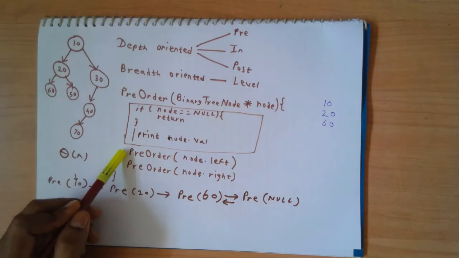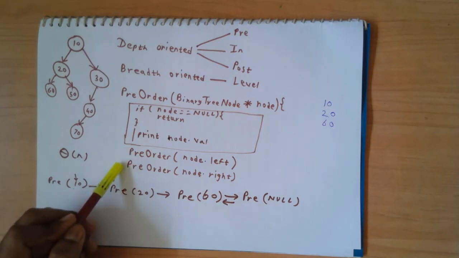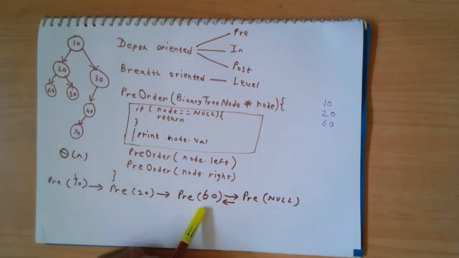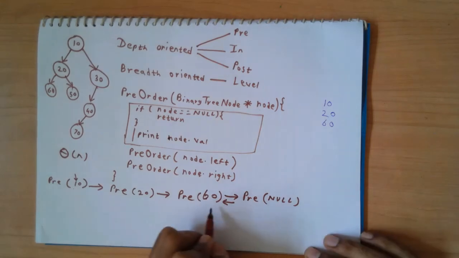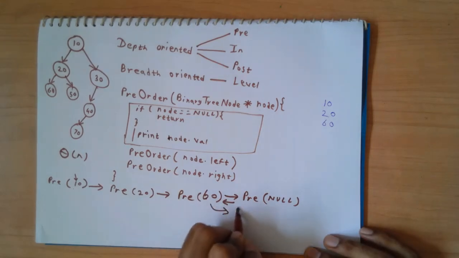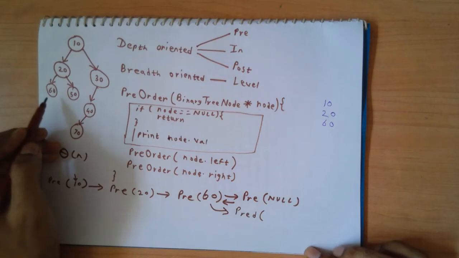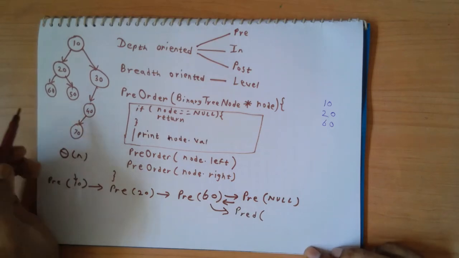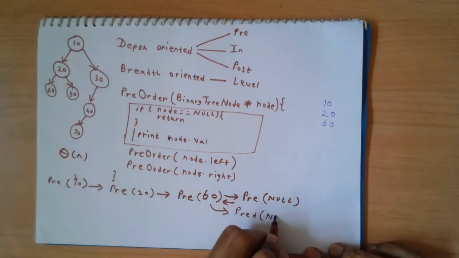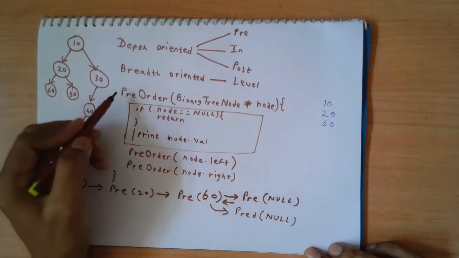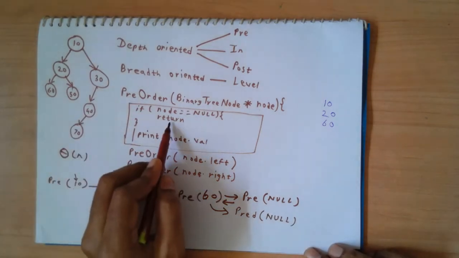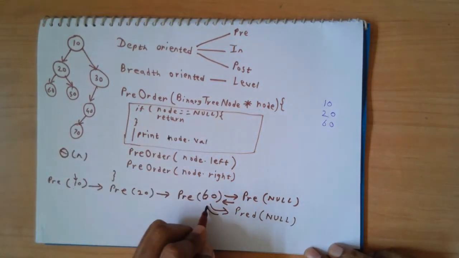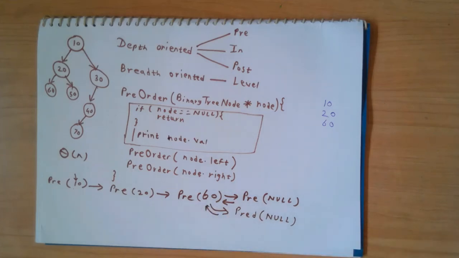So now we are going to do the pre-order traversal from the right child of 60. So now we are going to have one more call from 60 with pre-order traversal. And what is the right child of 60? It's a leaf node, so it's again a null. So we call with null pre-order traversal, and we are going to return back. So we'll return back from here without giving any specific output. And that's where we finish the call with pre-order 60, but we had come here from 20.